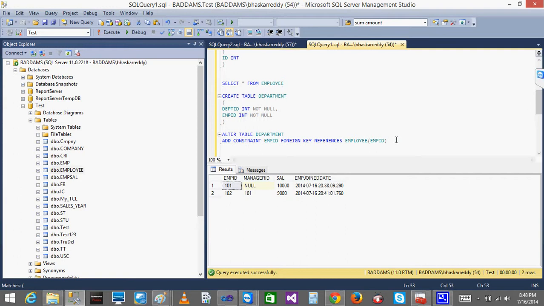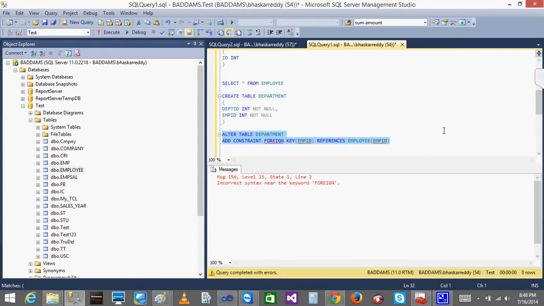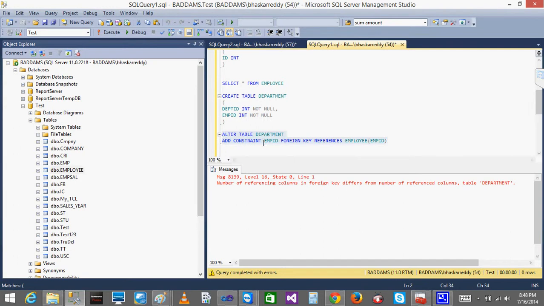Try giving add constraint foreign key, within the bracket the employee ID, and then references, open the bracket, employee, close it. It still doesn't work. The syntax seems correct, but there may be something small.